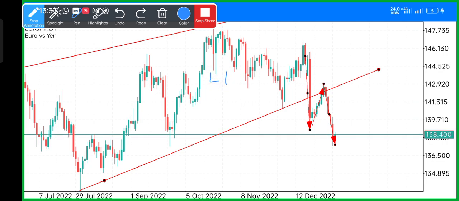Lower low, lower low. LH, lower high. This is the lower high. Look at that series,